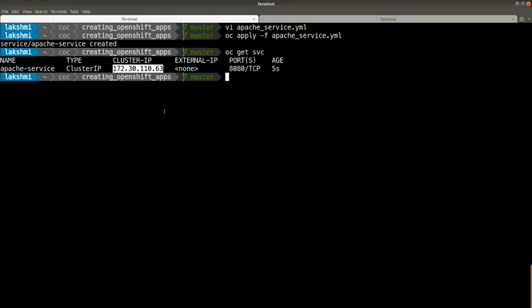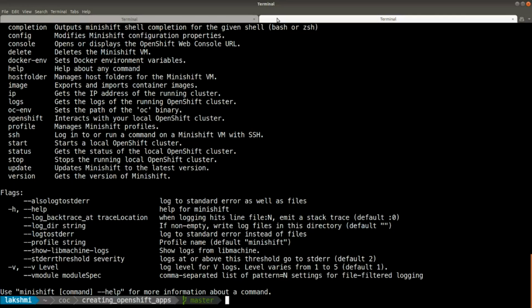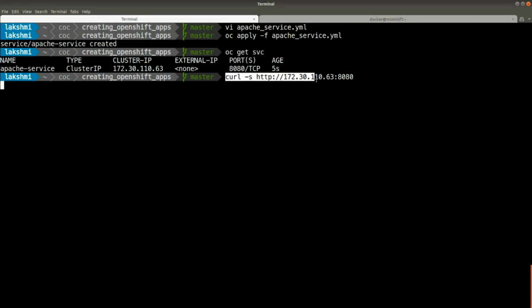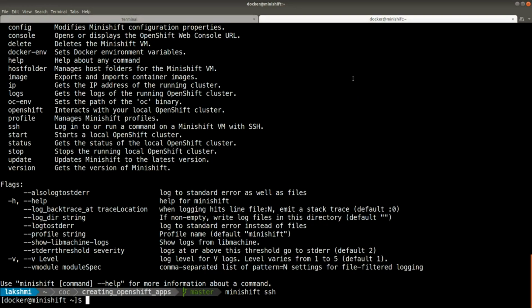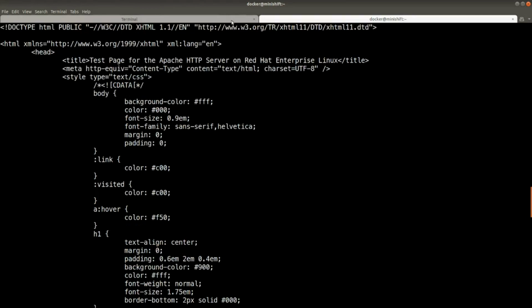Let's try to hit a curl outside the cluster. You might get a timeout. Now what we'll do is we'll try to log in inside the Minishift cluster. I think the command is SSH. Yes. Okay, now you can see that you get a response within the cluster because this service is not visible outside